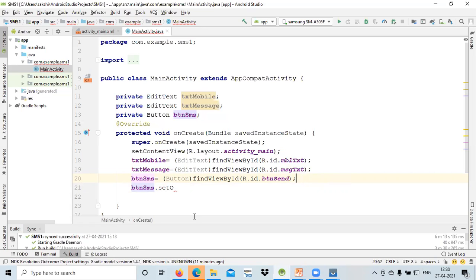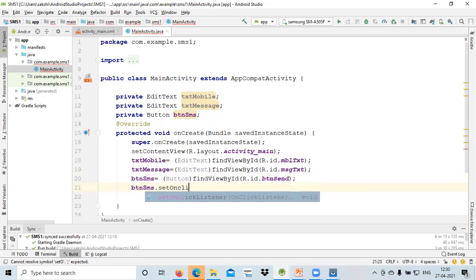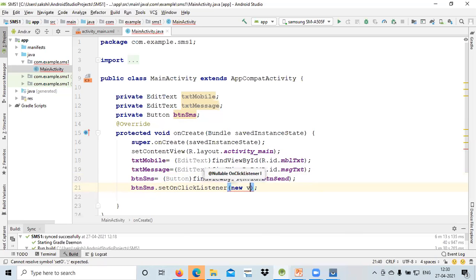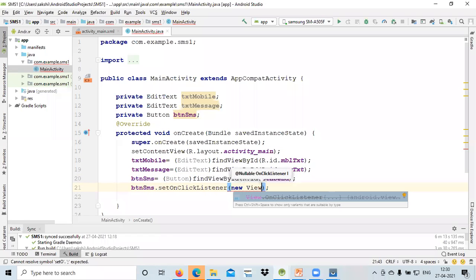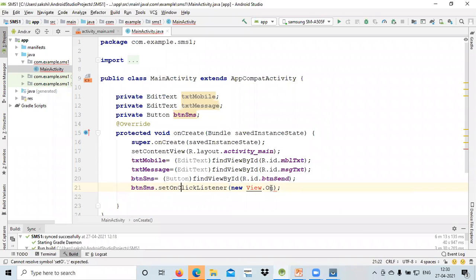So button set on click listener new view dot on click listener.